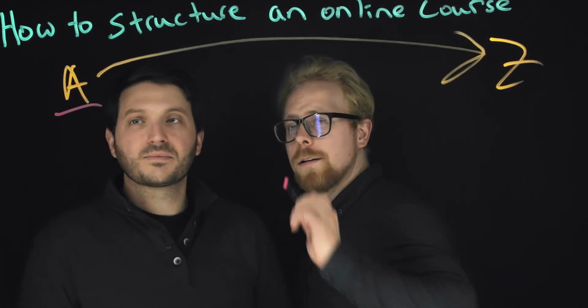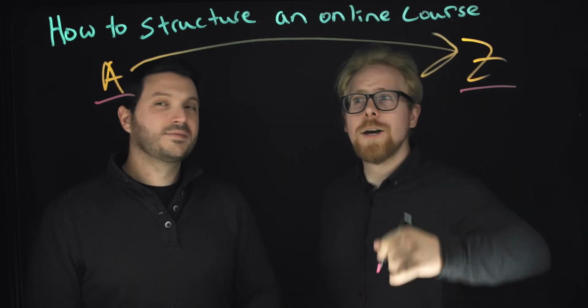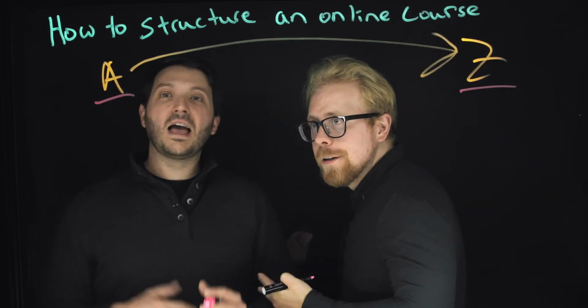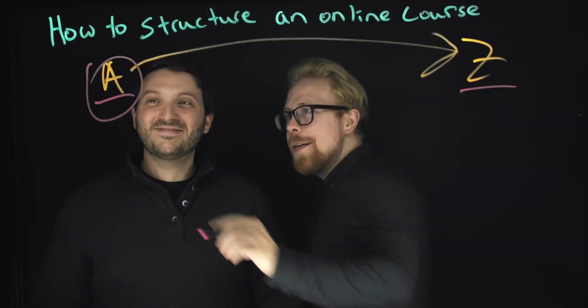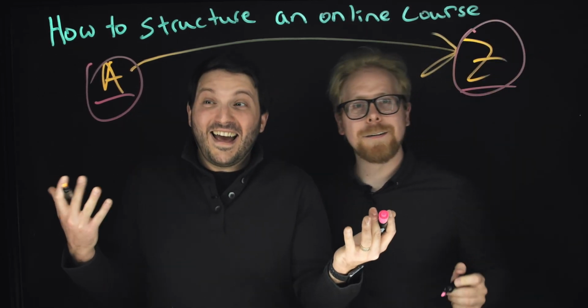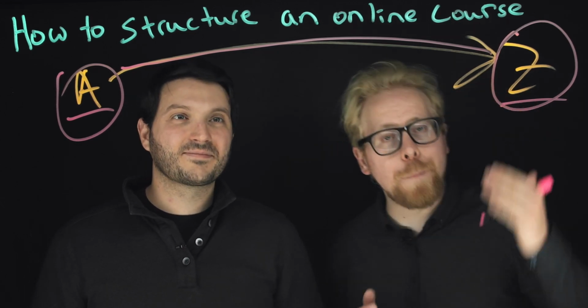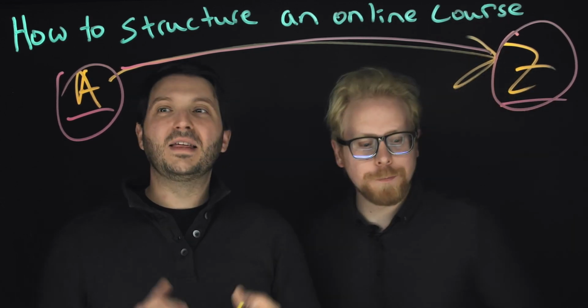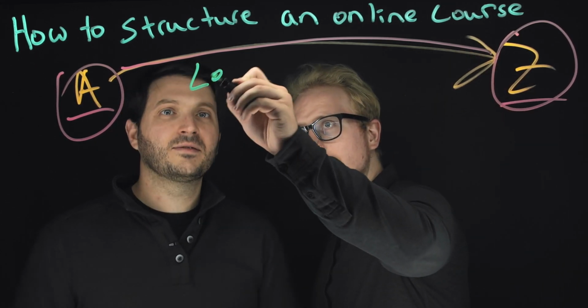So this is the point A. This is the point Z. Okay? This is how you structure your course. Your learners start where, Hector? They start where? The point A. Yeah. Okay? And then they go where, Hector? To the where? The point Z. Point Z. So what happens when you take the point A of your learner and you combine it with the point Z, Hector? This is where your learner transforms, what we like to call the what, Johnny? The learner